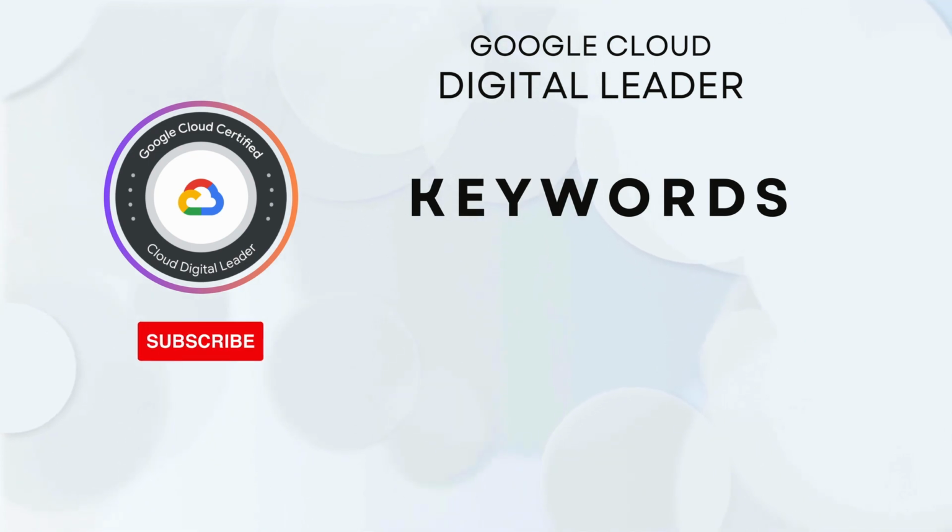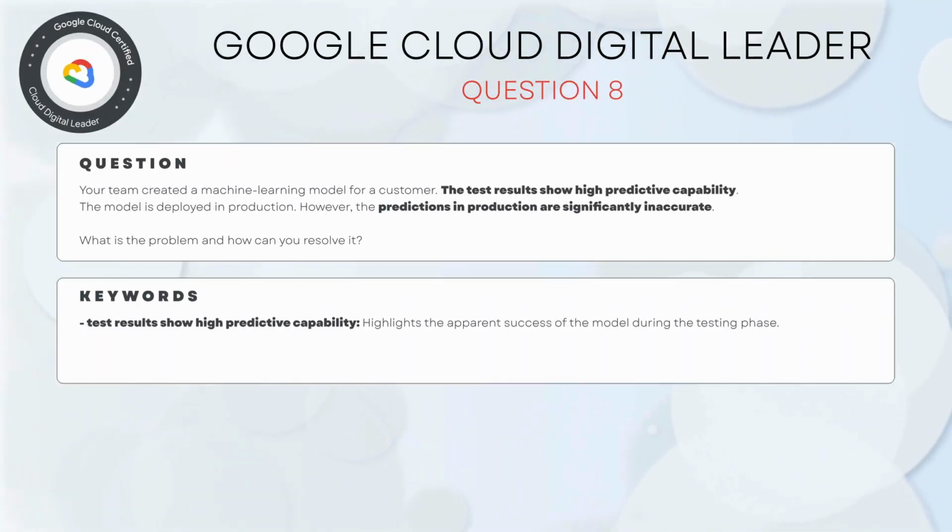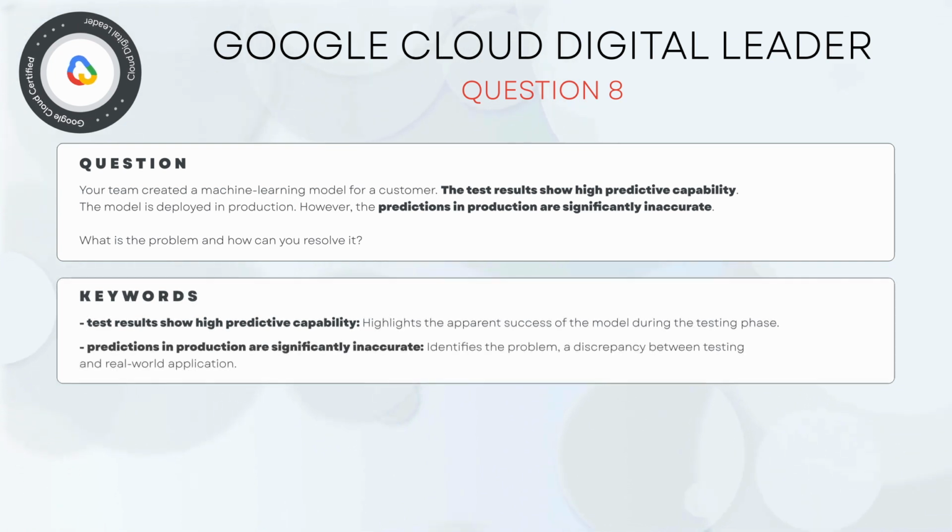Keywords. Test results show high predictive capability. Highlights the apparent success of the model during the testing phase. Predictions in production are significantly inaccurate. Identifies the problem, a discrepancy between